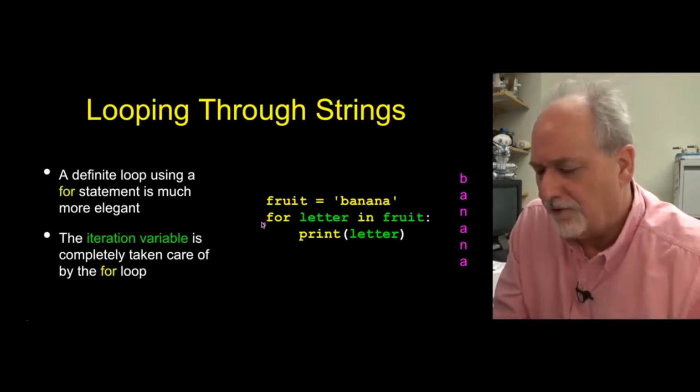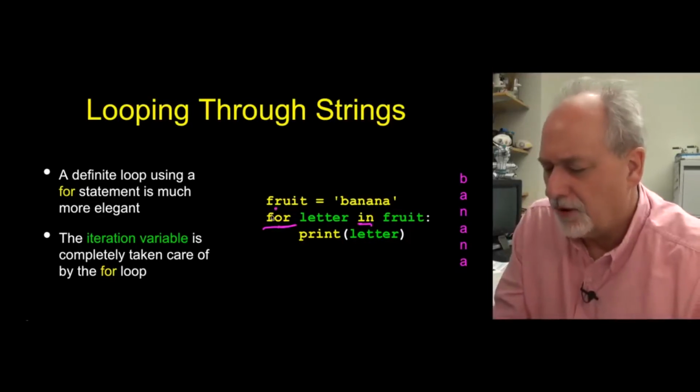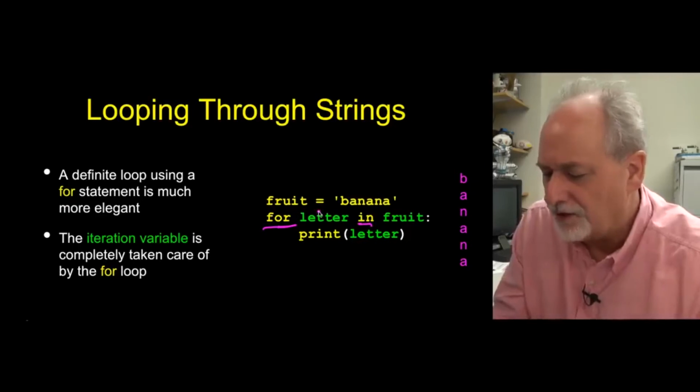And so here we have the for keyword and fruit, and it's an in. And so for letter in fruit, well, that just says letter is our iteration variable, and it's going to take on the successive values of each of the characters. So this loop is going to run 6 times, and letter is going to be